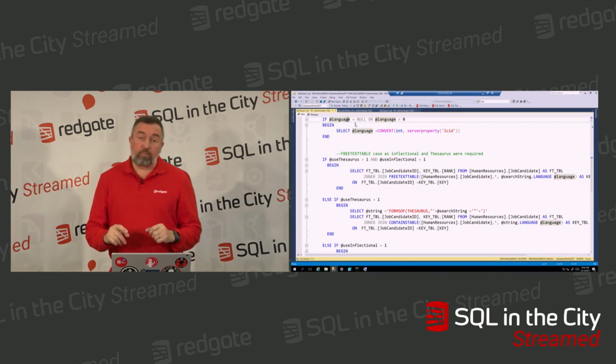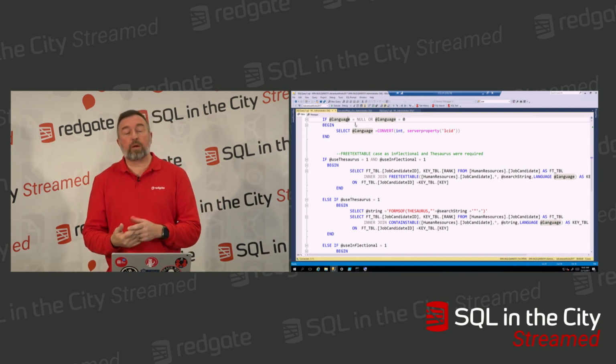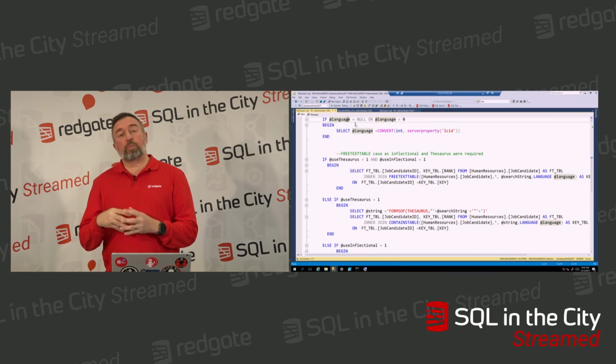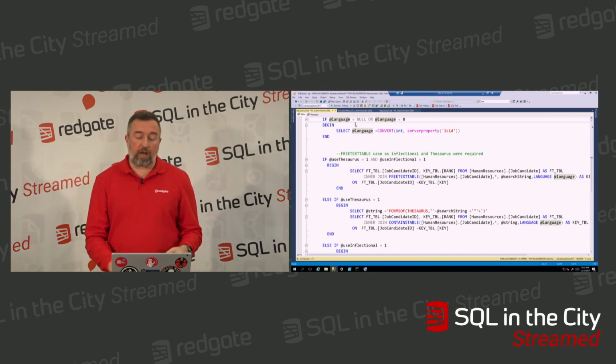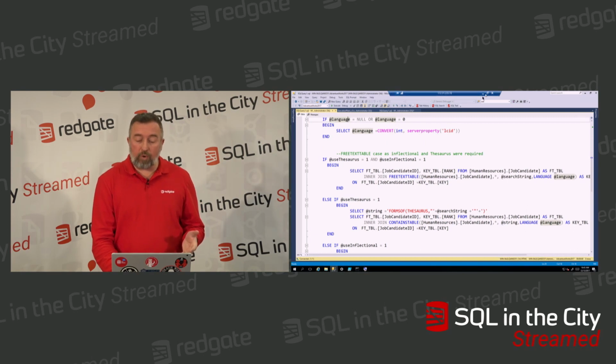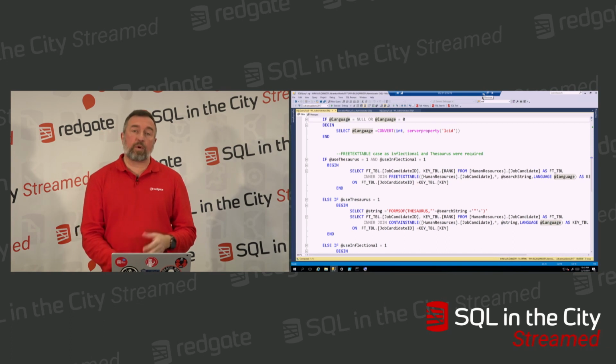Good. So, basically what we've got now is not only does SQL Prompt do your code formatting, not only does SQL Prompt give you snippets, not only does SQL Prompt give you all the kinds of stuff that we've got, but we're also now doing your code analysis to help you ensure that you're getting a higher quality code out the door.